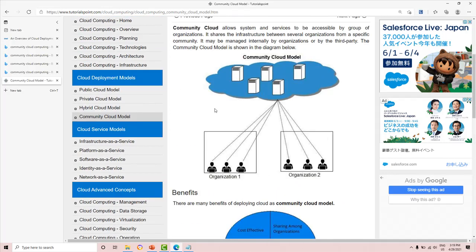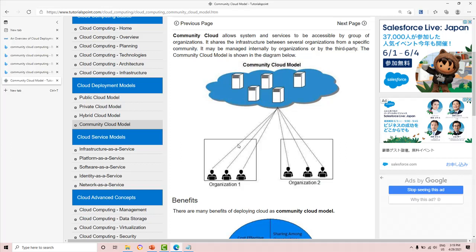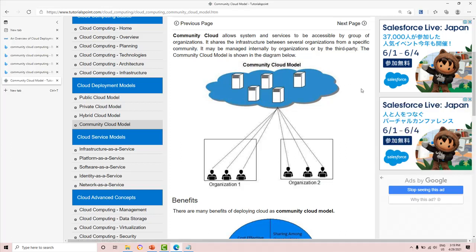There are multiple benefits. For example, let's say many banking institutions have a common service requirement, maybe a payment gateway. Instead of making separate investments in private cloud services, they can collaborate with each other through the community cloud model. So a bank community cloud model